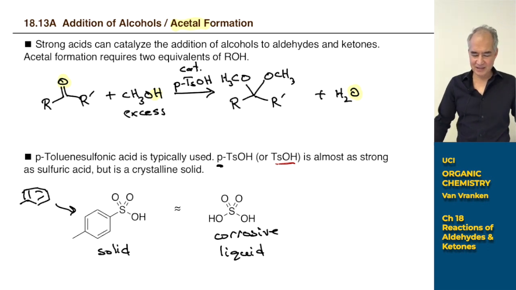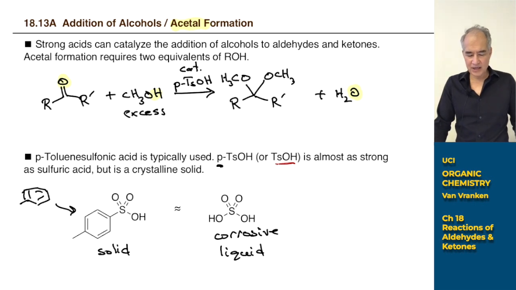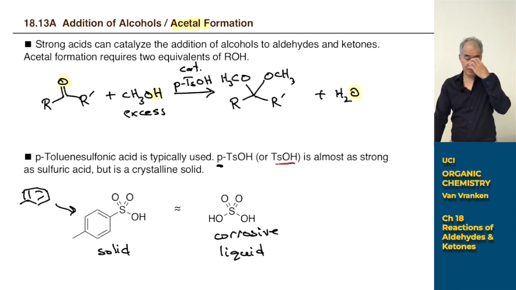We have buckets of this in every lab here in the Department of Chemistry in the organic groups. Okay, so we use toluene sulfonic acid as the acid catalyst for this transformation. You could use sulfuric acid. Nobody does that. And we can replace carbonyl groups with 2 single bonds to alkoxy groups, and we call that